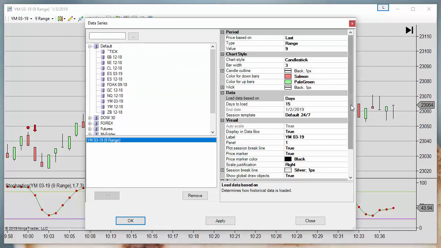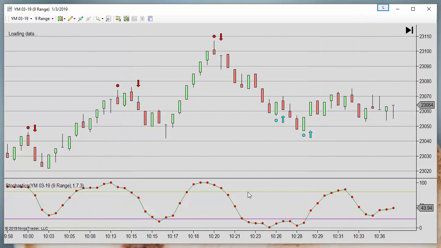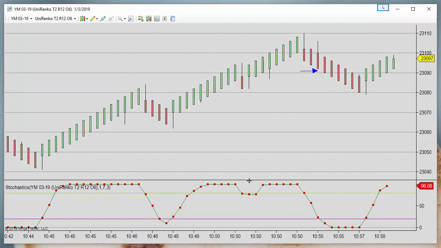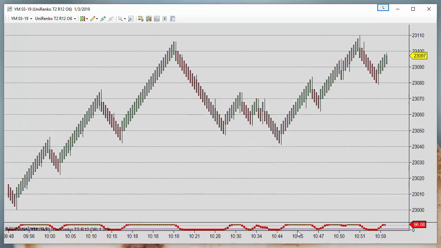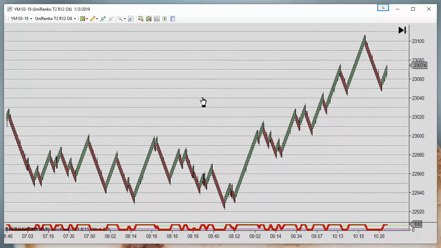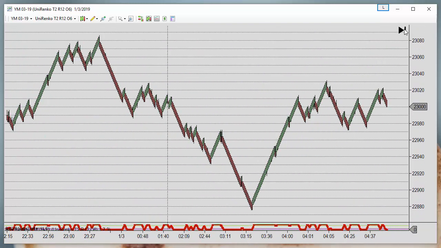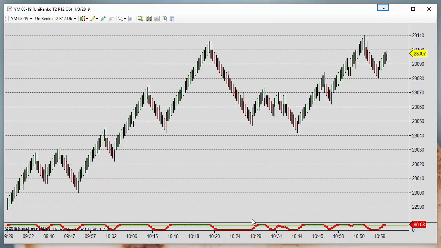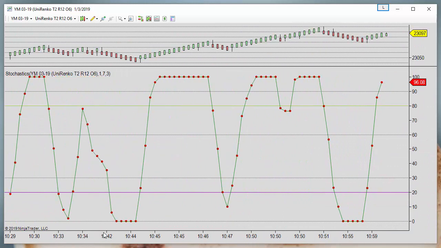If we go to other time frames, like for example the Unirenko, we may find that we don't get too many signals or no signals at all. There are no signals, and for the reason, we need to check the stochastic to understand what is happening.